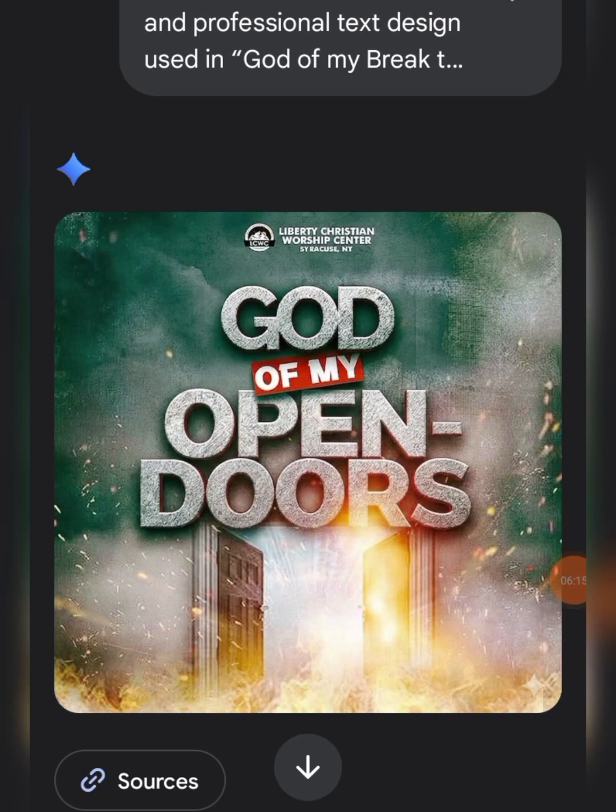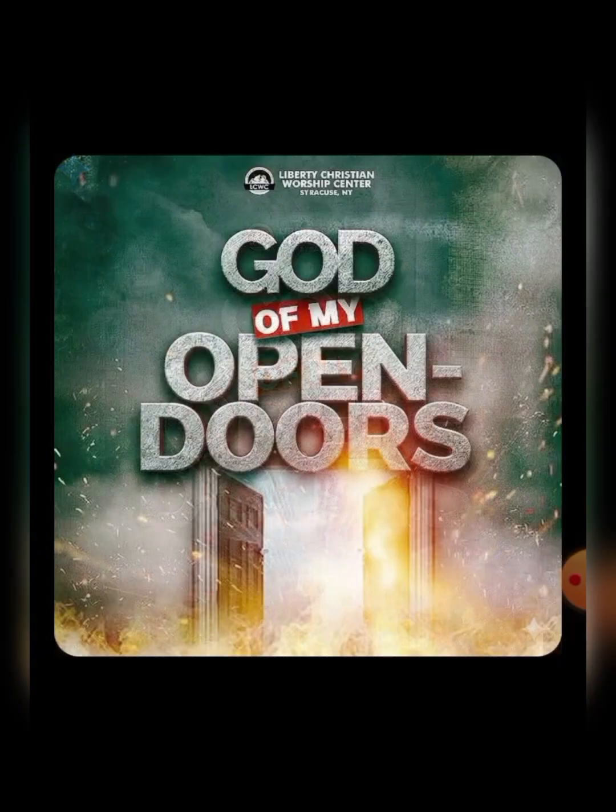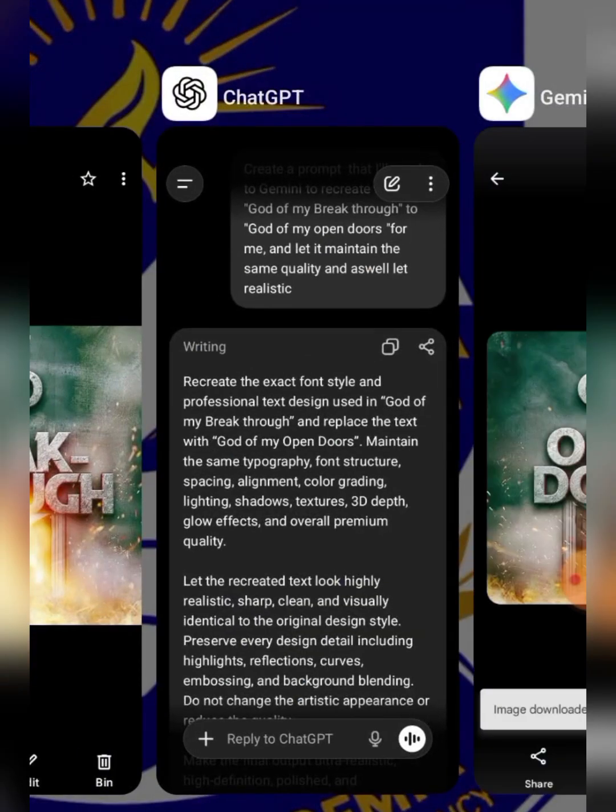Very fine. So Gemini has recreated it. You can see, very excellent, right? So you have to download it in full size, then come over to your